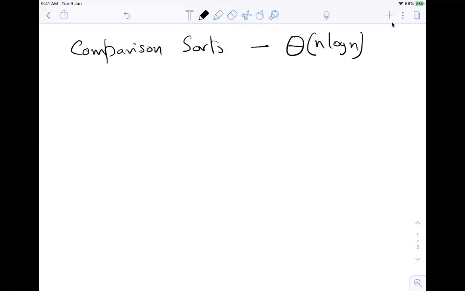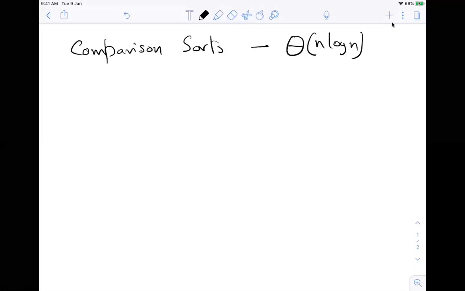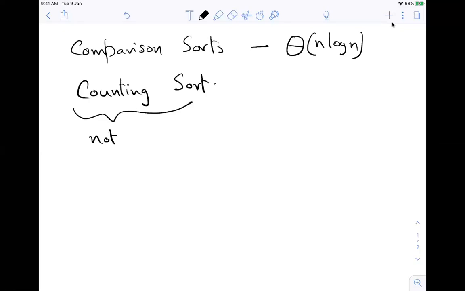Now for the non-comparison sorts, we saw counting sort. Note that this is a non-comparison sort, not a comparison sort, because here we know that the data has some nice structure.